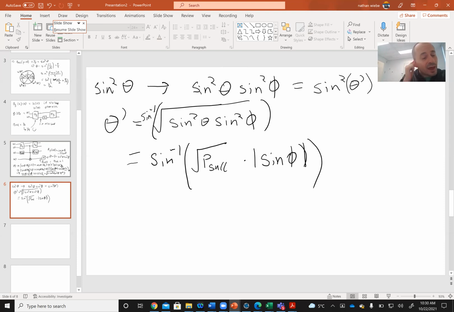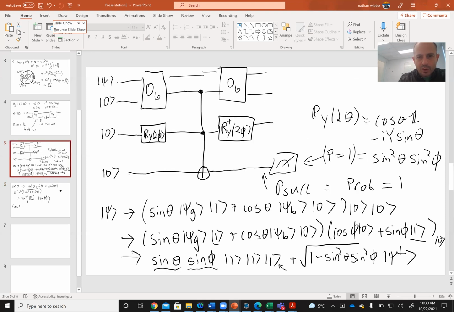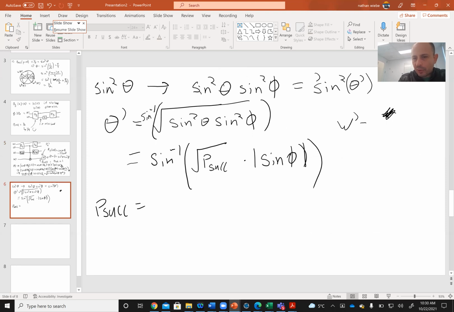Okay, so now let's take a look at the case where p suc is equal to 1/2. What we would like to do is change the value of theta prime corresponding to this success probability, because if we now consider doing amplitude amplification with this implementing our projector, let's call it PG prime, then our new walk operator, W prime, will be of the form identity minus twice projection onto psi tensor 0